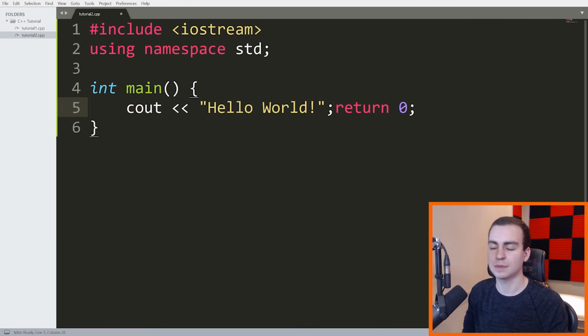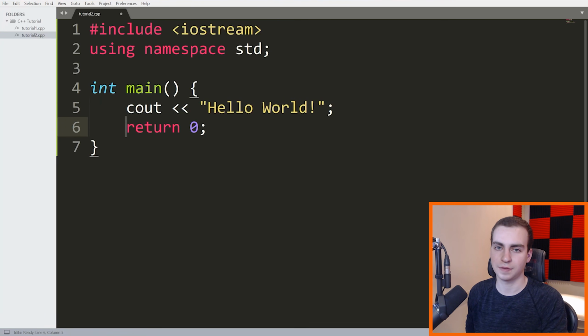But now when you add this semicolon, this is valid because now you have 2 separate commands that will be interpreted as such, and then they can both be executed in the correct order. So this one first and this one after. Now you don't need to have this return statement on the next line.